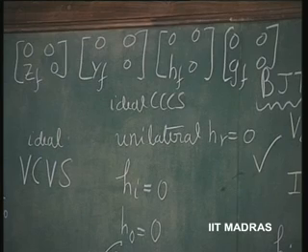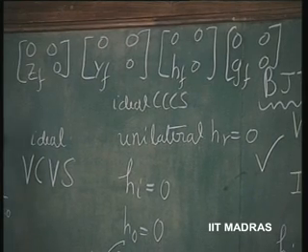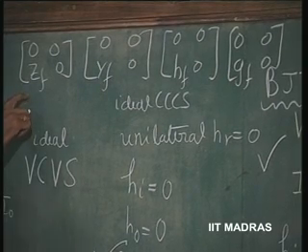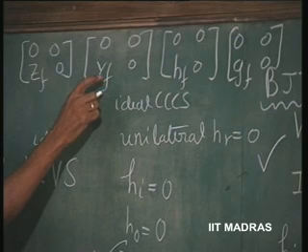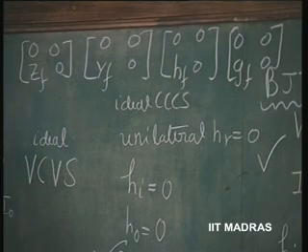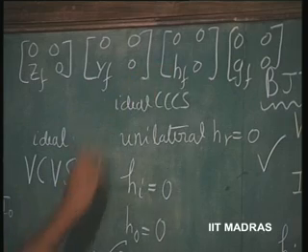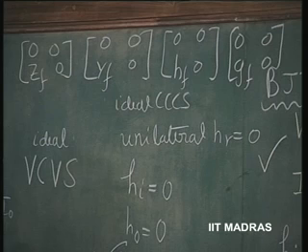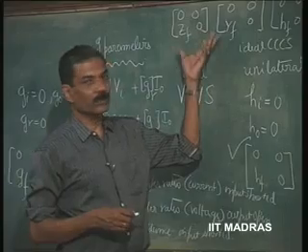Can we design amplifiers in such a manner that it is close to this, if it is a transimpedance amplifier? Can we design our circuit in such a manner that it can closely follow this, if it is a transadmittance amplifier? Can we design an ideal current controlled current source type of amplifier, or can we get an ideal voltage controlled voltage source amplifier? This is going to be a major part of what we are going to discuss in our future discussions: how to coax these various transistors available to us to come close to these ideals.